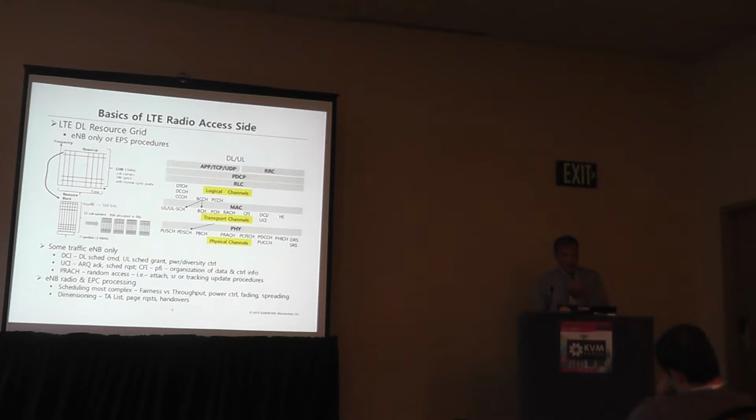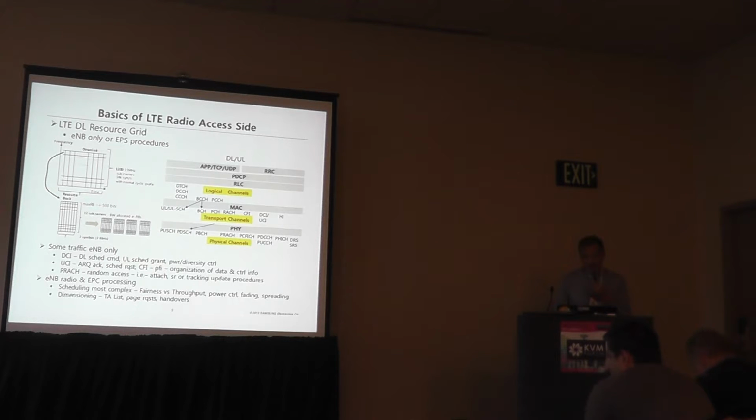And you divide this whole resource grid into what we call resource blocks. These resource blocks are basically 12 subcarriers by 7 symbols. Now the capacity of a resource block can really range, because if it's control information, the modulation could be 2 bits per resource element, or if it's QAM64, you could reach maximum bandwidth. So of course there are approximately 200,000 resource blocks if you're dealing with something like a 20 megahertz